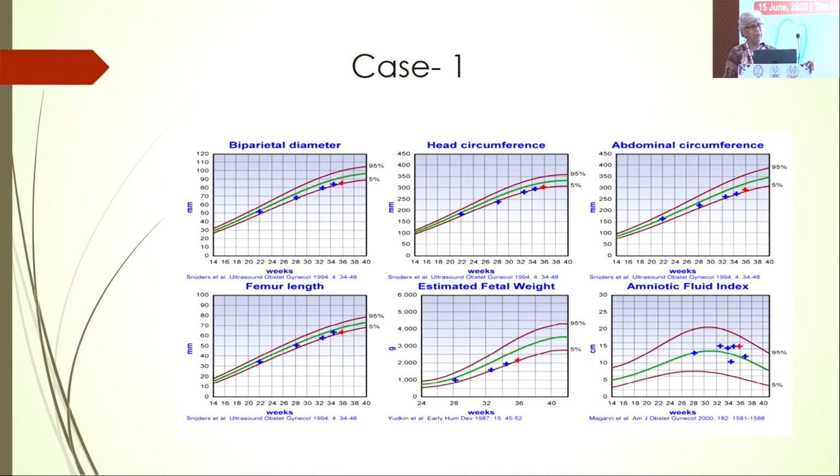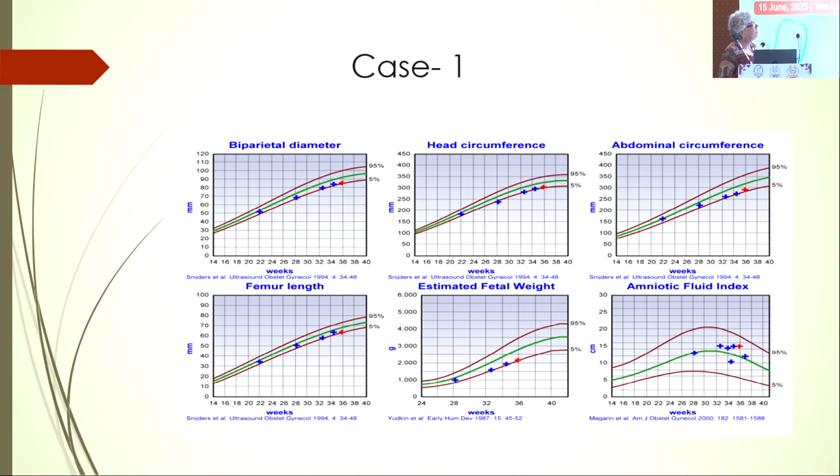So, just a quick review in the end. I want you to participate in identification of the pattern. Anyone can answer. What you are seeing with this growth chart, can we identify what it could be? We are seeing all the growth parameters are on the lower side, but they are maintained from the first scan to the last. We cannot tell by seeing this alone; we should look again at the Dopplers.